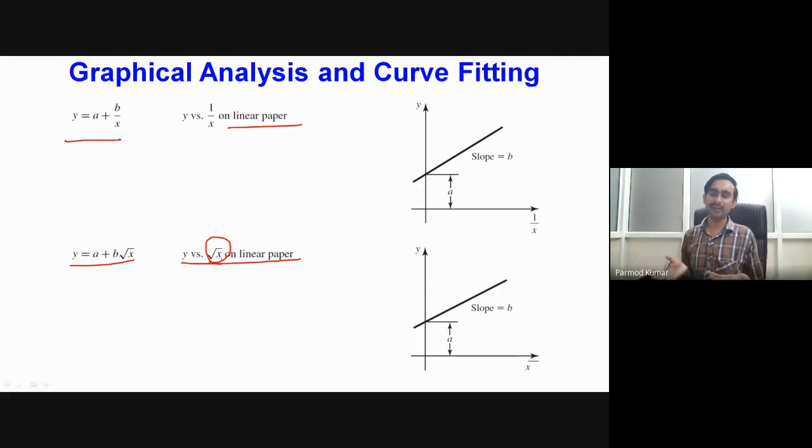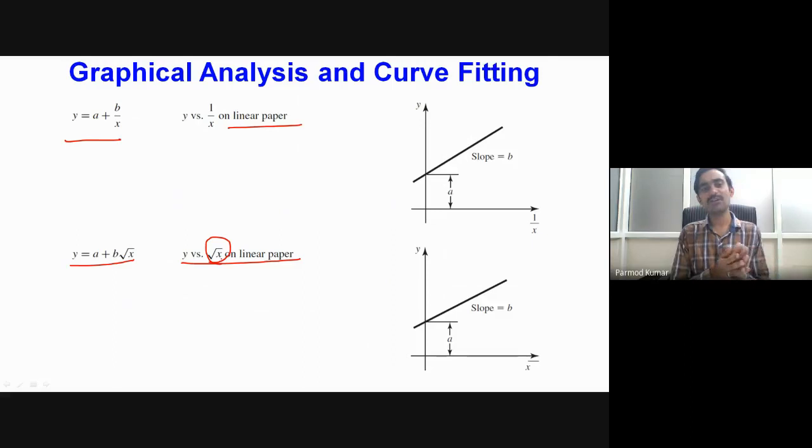We have three different types of graph papers available: a linear scale, semi-log paper, and log scale. Which type of graph paper we choose for representing our experimental data is what has been stated here. Moreover, you can observe that for each and every correlation used here, we have arranged our variables in such a fashion that we always get a linear trend.